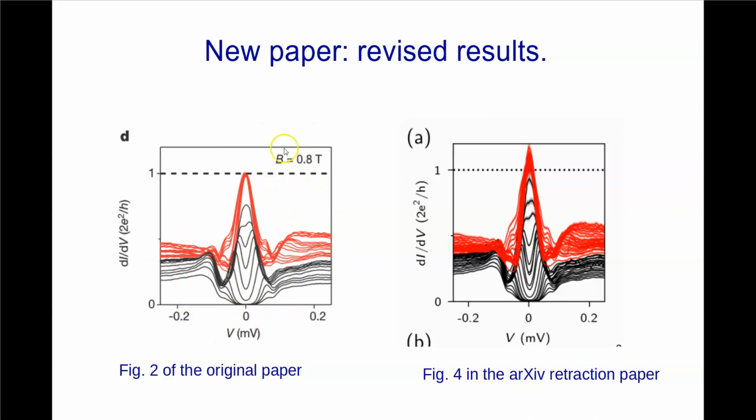for a given magnetic field. So it's essentially a cross section of the data in the previous figure. This is from figure 2 in the original paper, and this is figure 4. Here, as we mentioned, they say that after a certain value of the tunnel gate voltage, it goes to a plateau, and this tells a much different story. So that data point there that goes all the way to 20% above, there's a curve behind it that shows